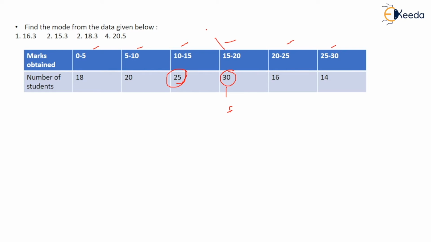Then the lower limit you have to see, that is L1. Then the higher limit, that is L2. Okay, then the lower frequency which you give as f1, and the next frequency, that is f2. So this is how you need to sum up. Now after this you have to apply certain formulas in such type of question. Those formulas I am going to tell you.